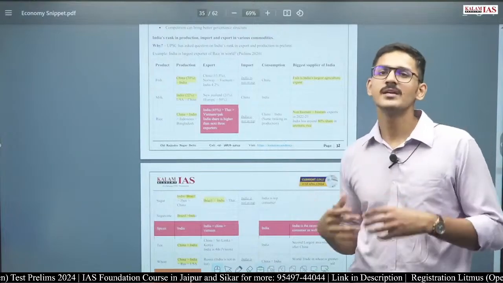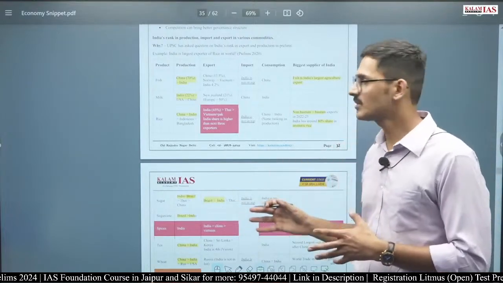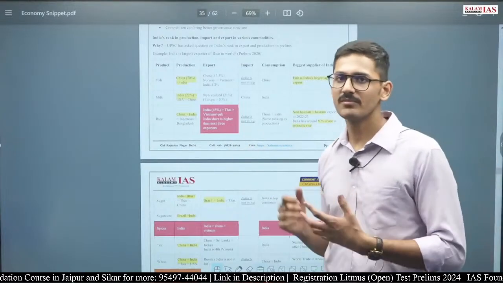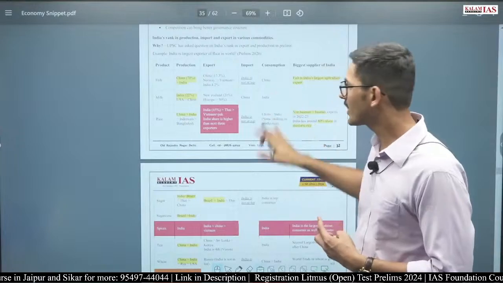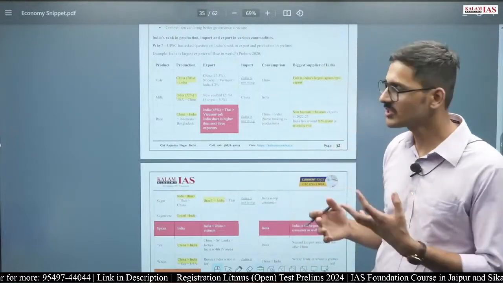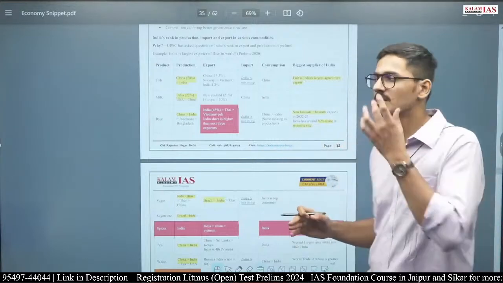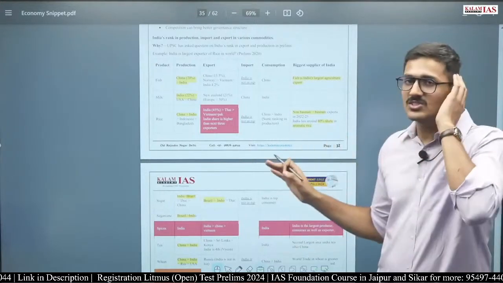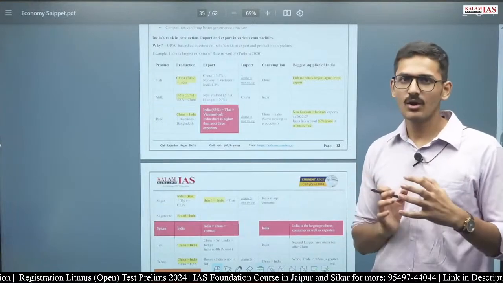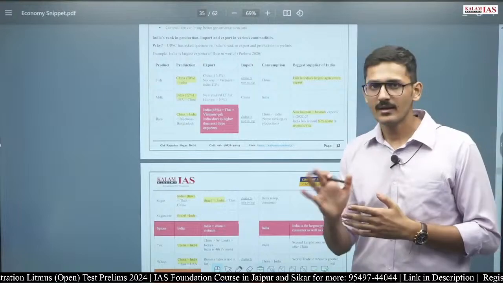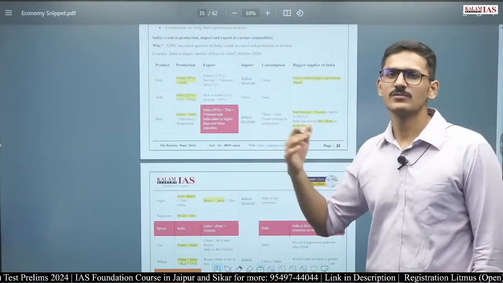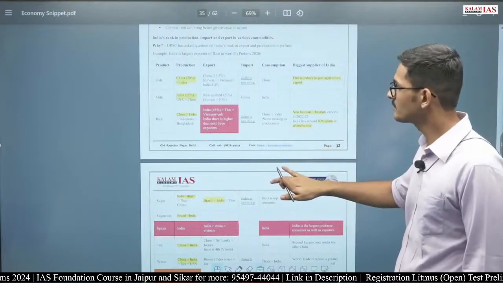As I am saying this, you might find this data very heavy. It is very difficult to consume in the short term. So you have to look at this chart again and again. Download this PDF from our Telegram channel, and look at this chart at least 5-7 times. Then you will be able to solve any question based on this chart in UPSC Prelims. After making this chart, I have not made a mistake in UPSC Prelims. Whenever there was a question on the trade of India with any other country, I have been able to solve it very easily. This will be very helpful.